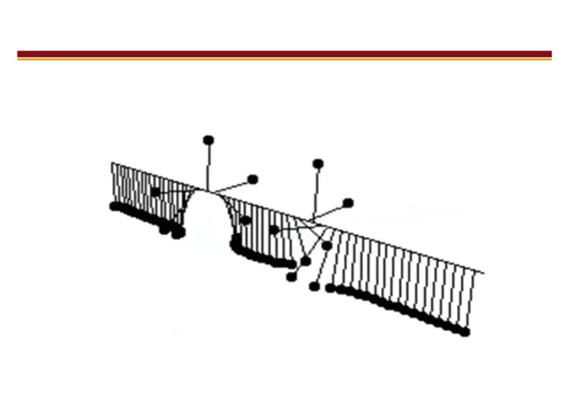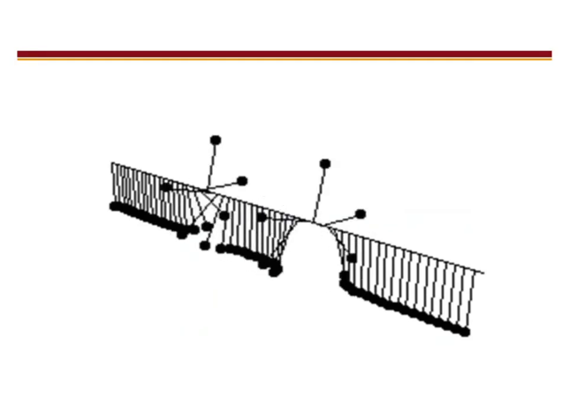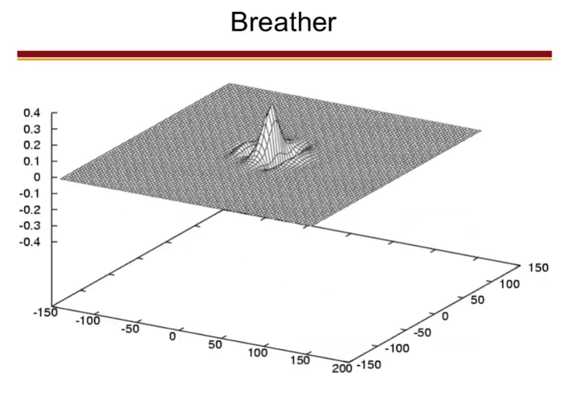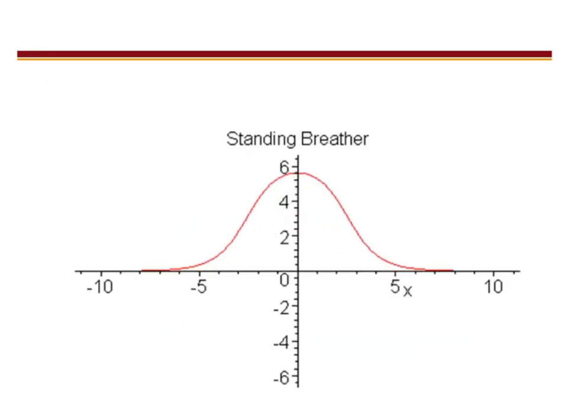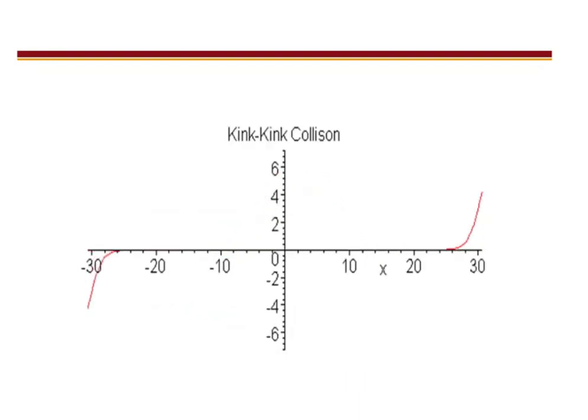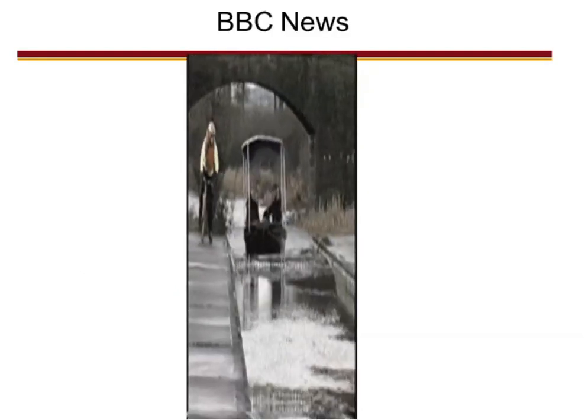This is not in this model, but we will see it in another system. Like this is the breather soliton. It is moving, but just going up and down. A standing breather. A kink and two solitons are coming, and they are moving with some phase flip. This is the kink soliton. In the Burgers equation, you will get it. We are going to study this soliton, and this is the famous one.